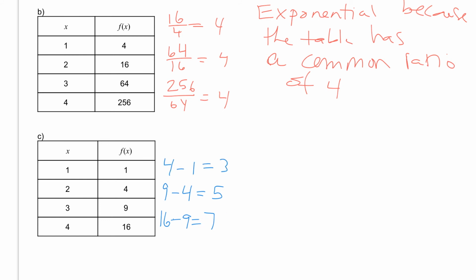And as we're working through that, you should start to see that there's going to be a common second difference here. So now if I subtract 7 and 5, I get 2, and 5 minus 3 also gives me 2. So this is one that has a common second difference. So I can say that this table represents a quadratic function